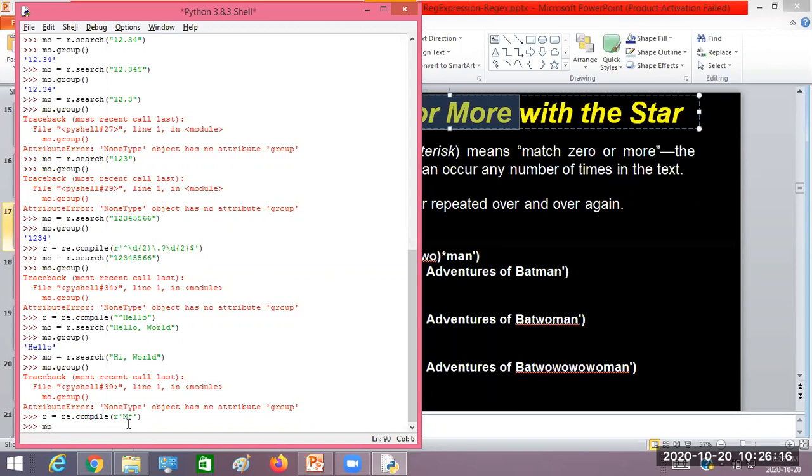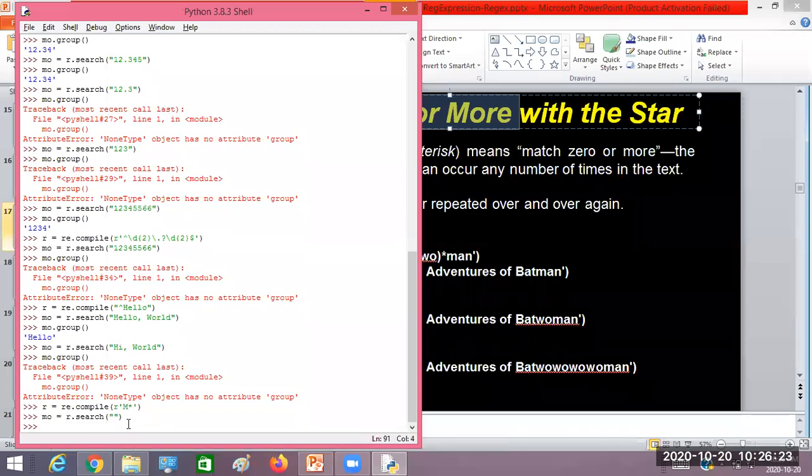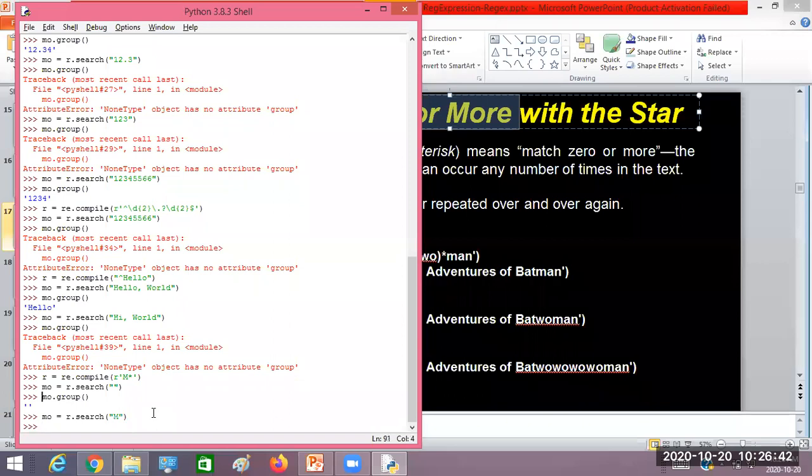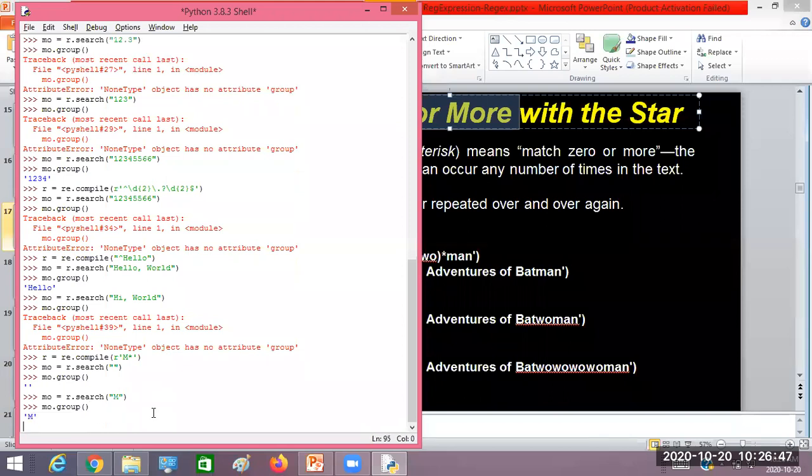Let us see with the example here. Try to understand with the execution. Let us search. I'll write an empty string now. This group function will return an empty because there are 0 occurrences of m. Yes, in this data 0 occurrences of m is there, correct? Now in this example, how many occurrences of m are there? Only one occurrence. Yes, it is matching with that one.